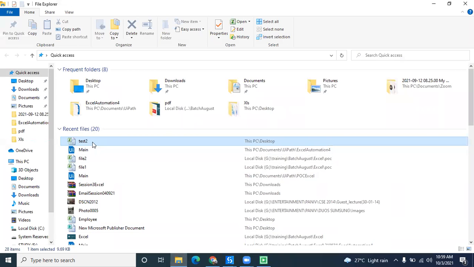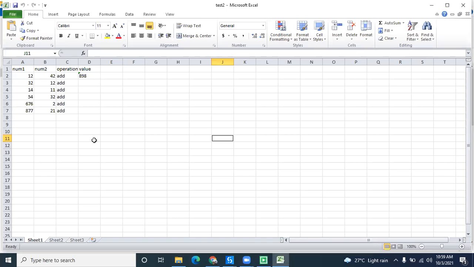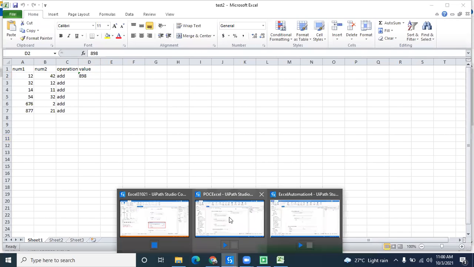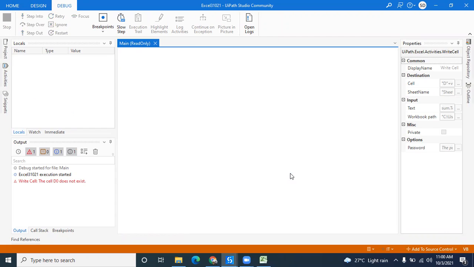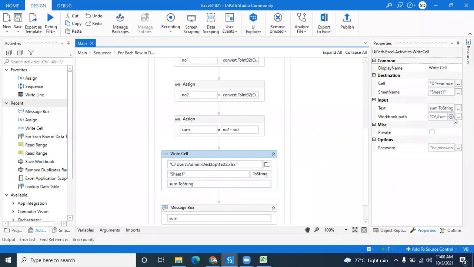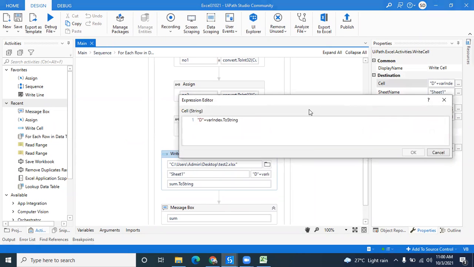Our column values always start from 1. We don't have a 0 index. So you should always use the particular index plus 2. This is a very important thing. Whenever you are passing the variable index, it should always be plus 2.